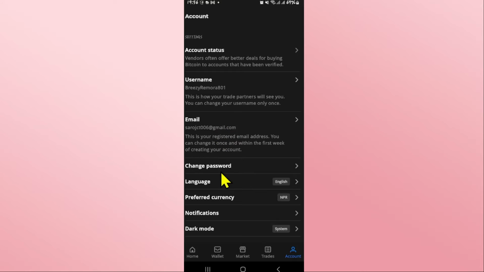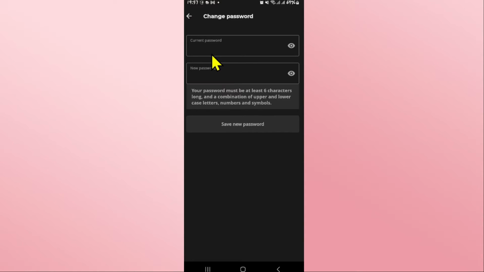You will now see the change password button. Go ahead and tap on it, and you will be asked to enter your current password. Type in your current password within the current password box, and then enter your desired new password underneath within the new password section. Finally, click on the save new password button, and you might be asked to verify your identity